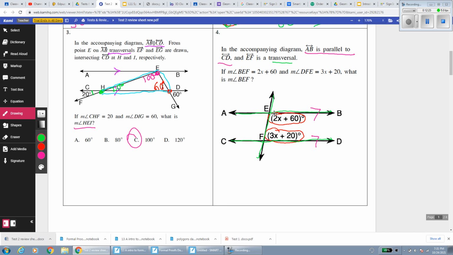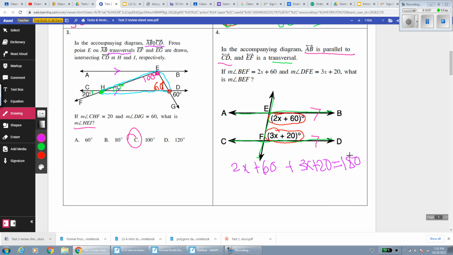If you review your notes, same side interior angles are supplementary, which means that they always add up to 180 degrees as long as we have parallel lines, which we do. So all I'm going to do is make an equation that says this angle plus this angle equals 180 degrees because they're supplementary. So the first angle is 2x plus 60 plus the second angle, which is 3x plus 20 equals